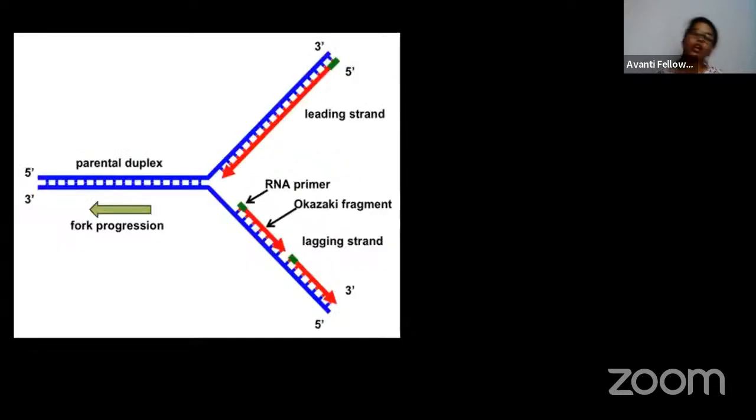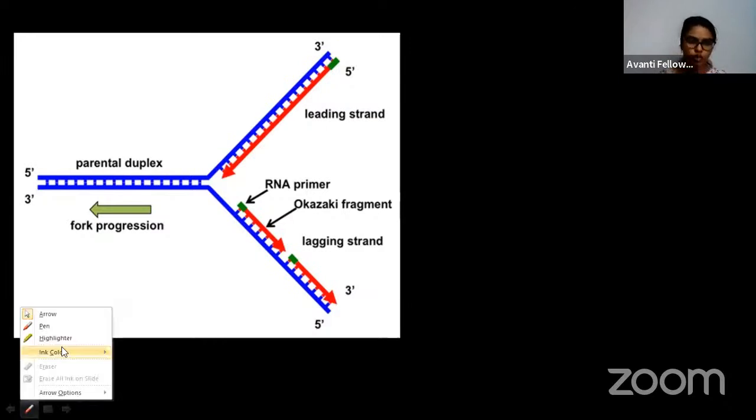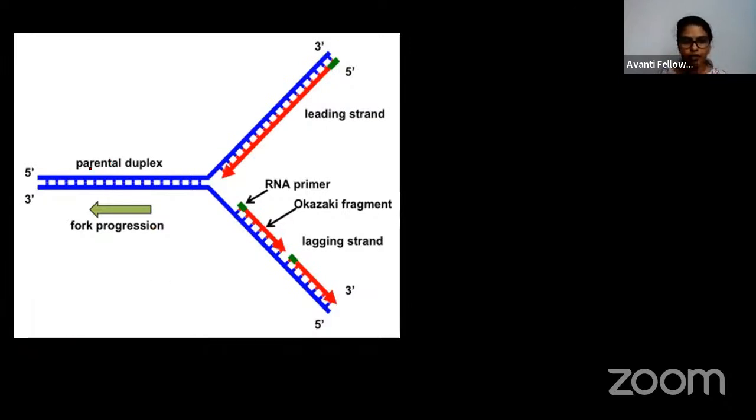answering this. Now, what is replication? Replication means, okay, there is a DNA segment and we are making the identical copy of that DNA segment by utilizing the parent strand giving rise to the new daughter strands. Okay, so यहाँ पे in this picture you can clearly see that it is the parental strand, parental duplex. So here what is going to happen? The replication process has started to give the new strands. Okay, so this is new strand, this is new, and this is also new strand. Okay, so this is now.